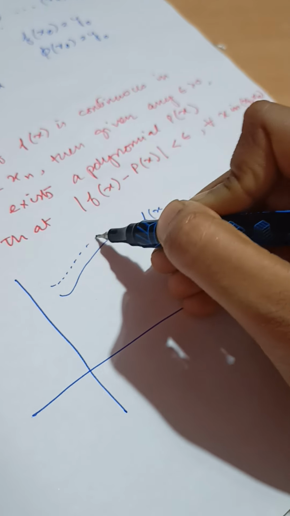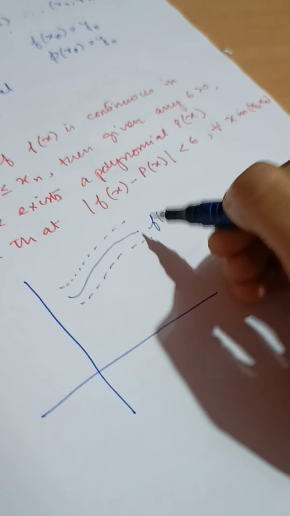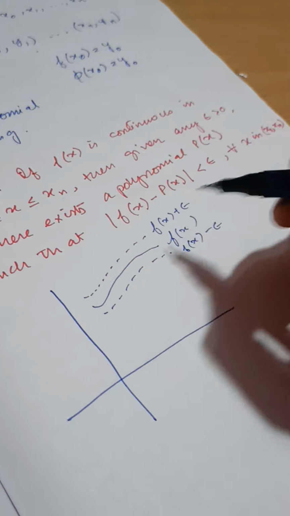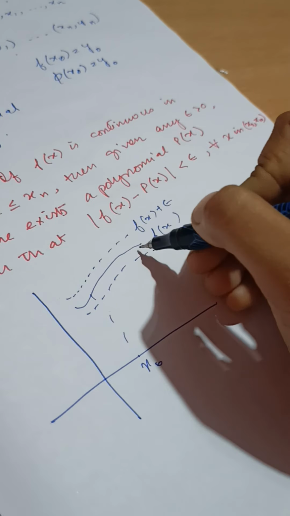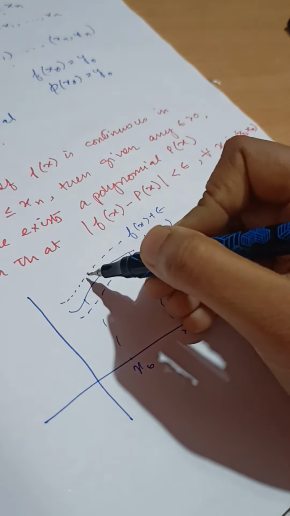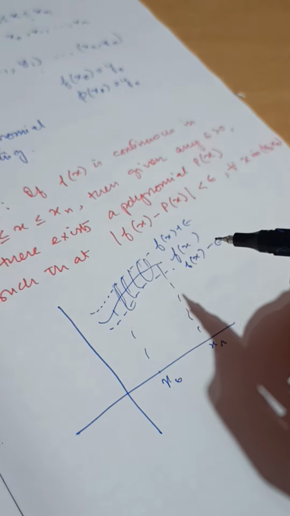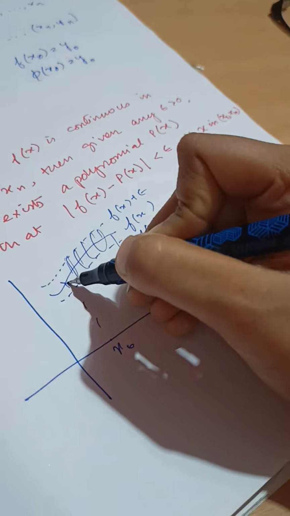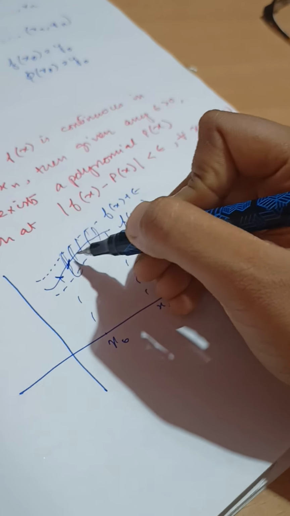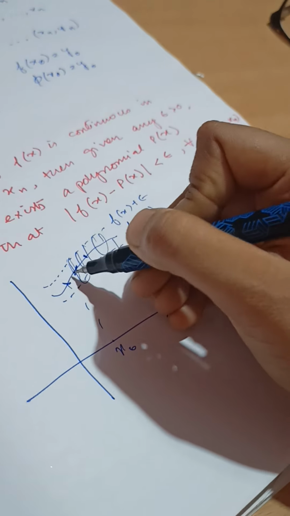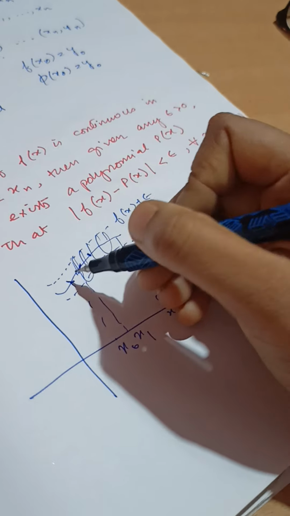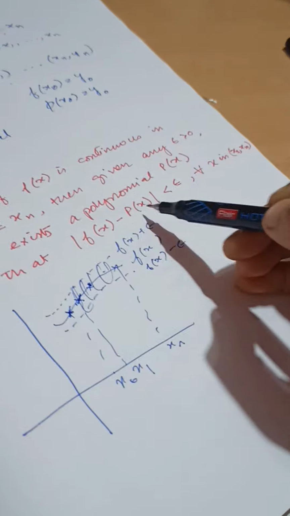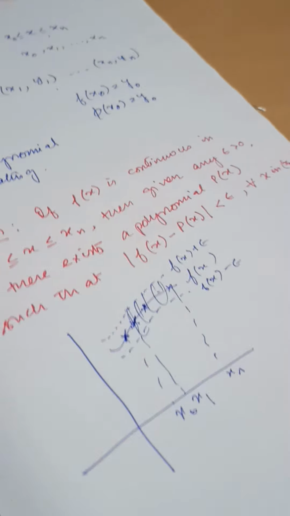So basically, suppose f(x) is given, we can consider a range f(x) plus epsilon, f(x) minus epsilon. Say here are values x0 to xn. In this range we will get a polynomial which will agree with this value. That means the polynomial will cross this point. Suppose here it is x1 and so on. So at these values x0, x1, x2 and up to xn, this polynomial will give the same value as f(x).